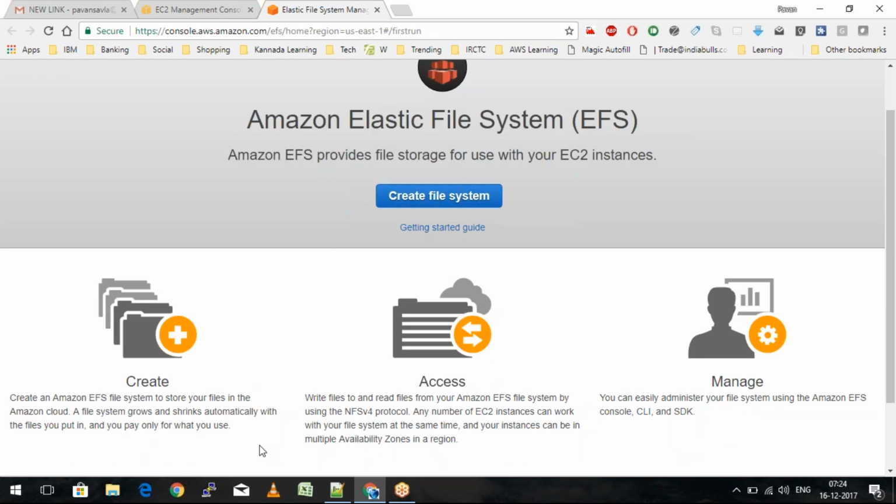In EBS, if I say I want to use 8 GB of volume, I have to pay the charges whether I use it fully or not. But in the case of EFS file systems, I pay only for the amount of storage that we use. And the next important thing EFS provides is